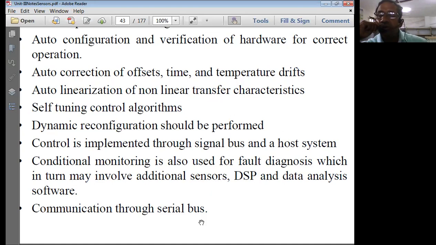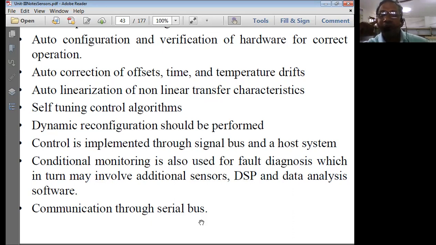In the digital network, we never expect that all the systems will be healthy throughout the life of the communications, throughout the life of the processing. So definitely a human being or a machine has to get repaired. Some problem will arise, something is going to happen and you have to rectify that. That is what is called fault diagnosis. First of all, you have to diagnose where the fault is, what the fault is, and what methods are required to rectify that particular fault. All these are really required, and this has to be done automatically.